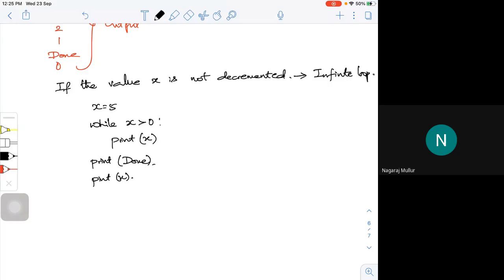What will happen here? If you try to put the corresponding flow chart, x is equal to 5, then it will go here and check whether x is greater than 0. The answer is yes, so it will not come out of this loop.